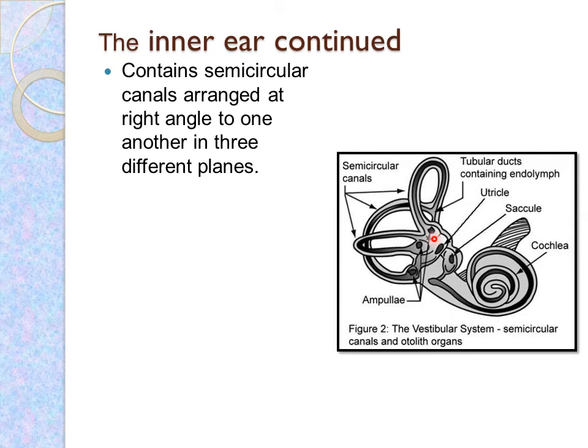What does it do? The ampulla always contains some sensory cells, and these sensory cells help to maintain the balance of the body while moving. This we will understand in the next part, where I'll be discussing the mechanism of hearing and balance. In this part I'll be discussing the structure. In part 2 of hearing, I'll be discussing this.